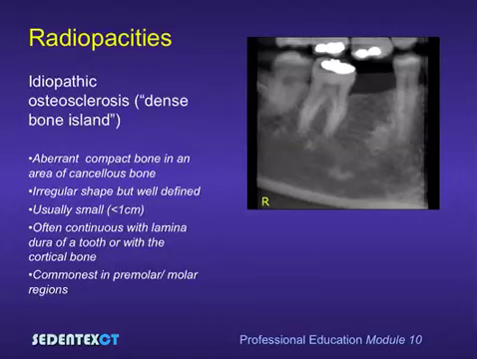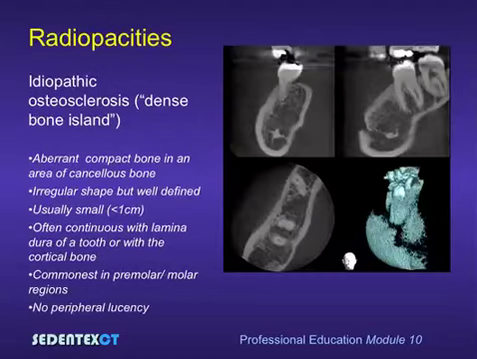However, one of the commonest radiopacities that causes challenges to dentists is idiopathic osteosclerosis, or a dense bone island. The picture on the top right shows a panoramic reconstruction from a cone beam CT scan. It shows 3 radiopaque areas of differing size. These are idiopathic osteosclerosis. If we look at the scans of this patient, you will see an irregular radiopacity of cortical bone density